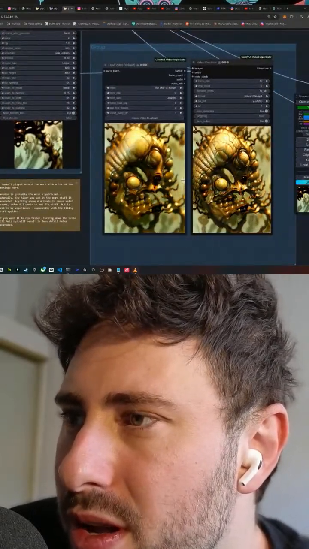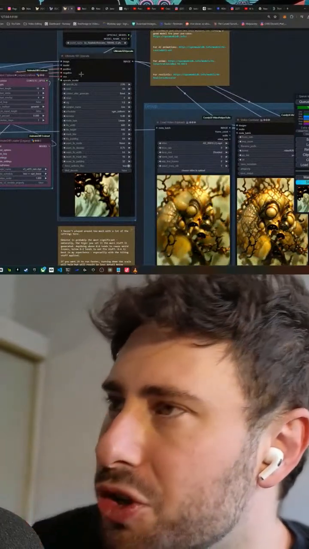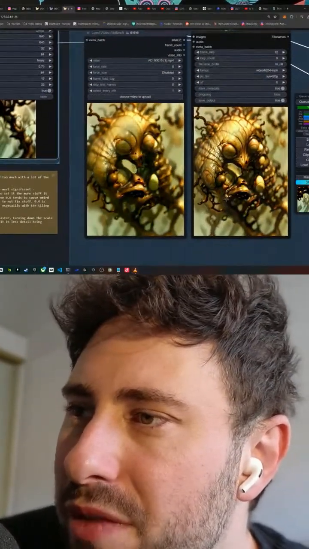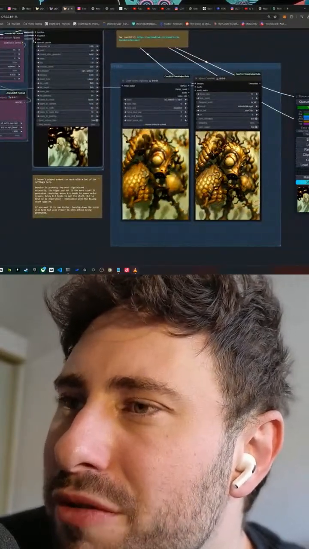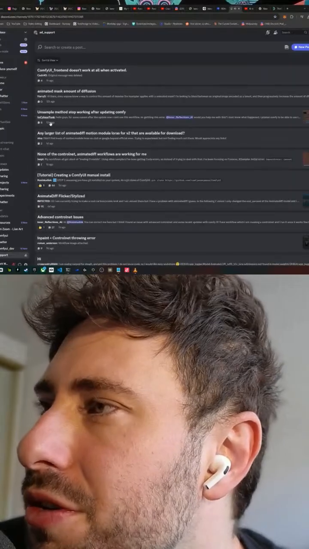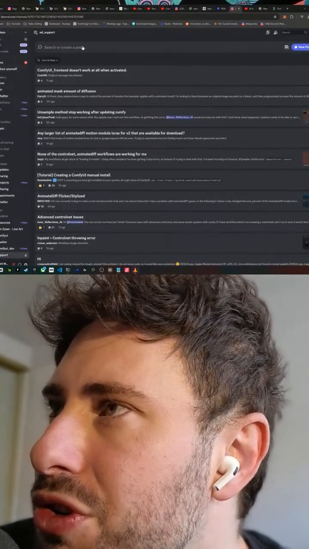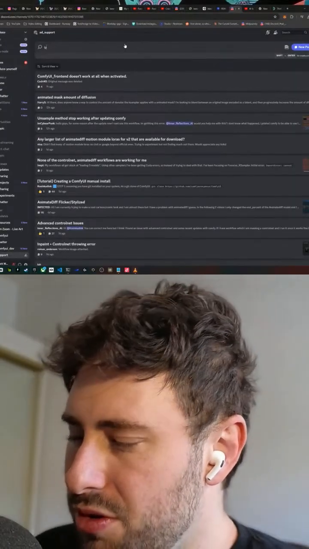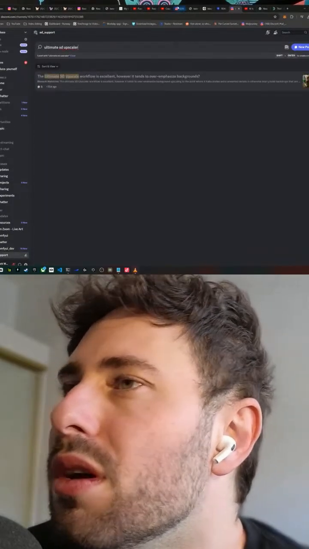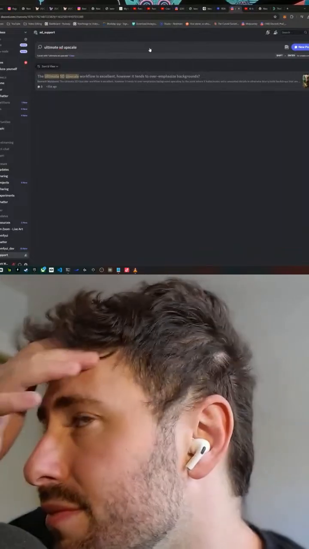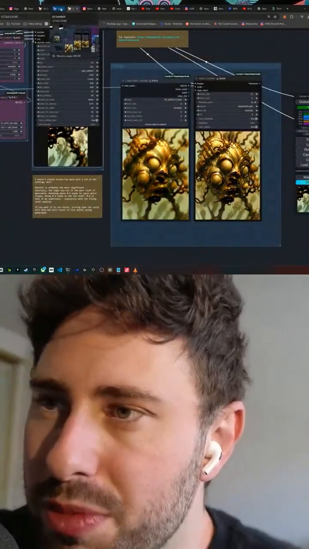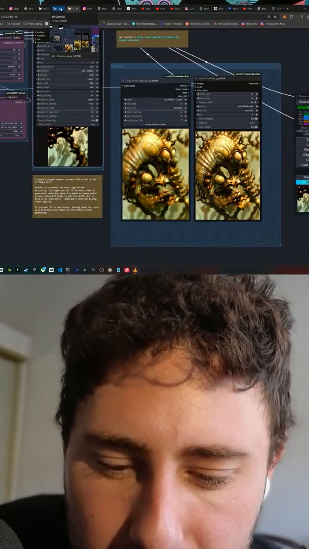But I would probably assume that if you just paste this node into your workflow, you'll still get pretty good results. But if you want to find this actual workflow, I was looking for it earlier, I couldn't find it, but it should be somewhere over here on Banadoko. And if you just search around here for Ultimate SD Upscale, you should start to find it. I'm not going to dig around right now, but let me know if you have any other questions. Maybe we can look for it together.